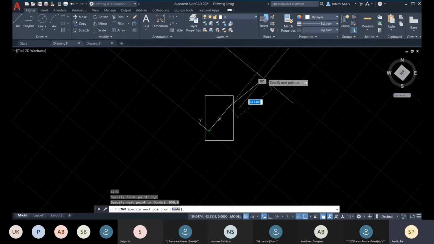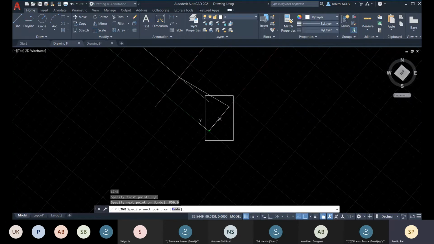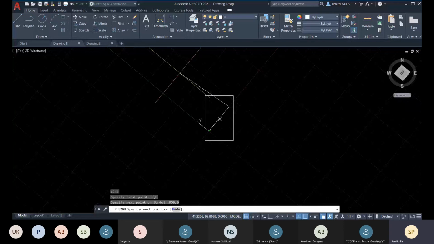Okay, now let me create another one. Here I'm placing the value that is calculated from the origin, so that is my absolute coordinate.